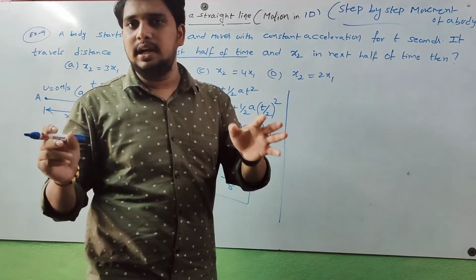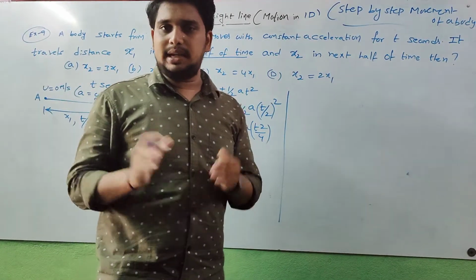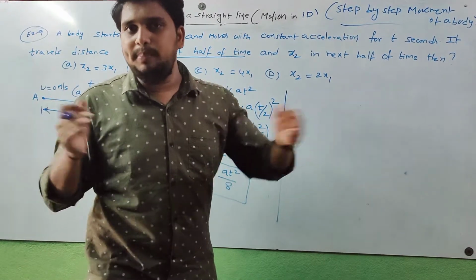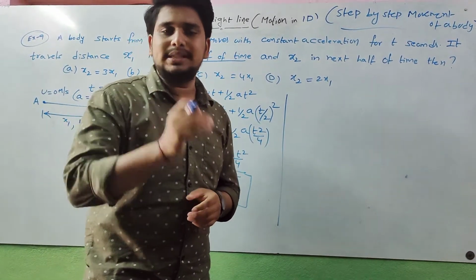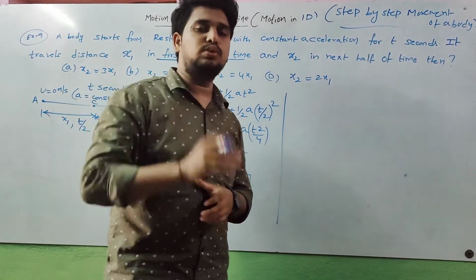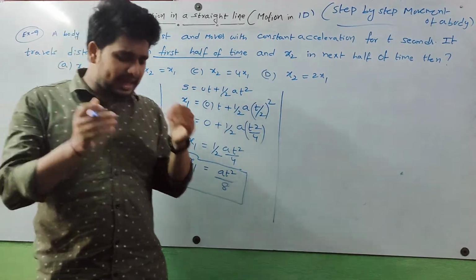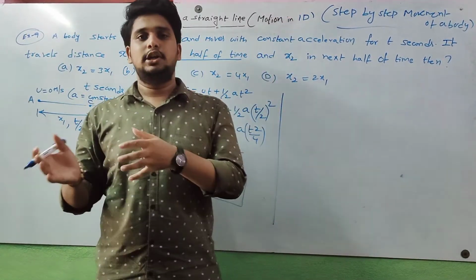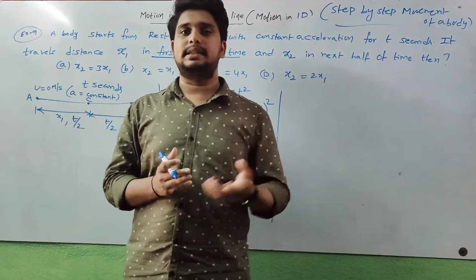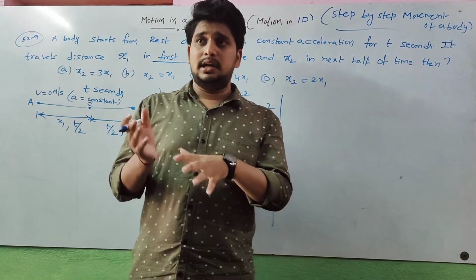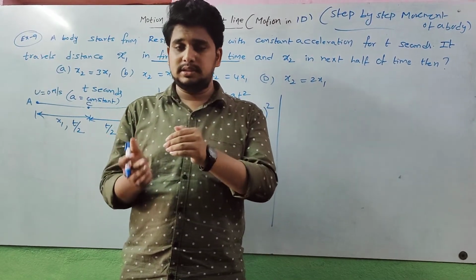That means from A to B, I'll consider here A is the starting point and B is the ending point. From A to B, the body moves in a two steps process. So like this, we are solving step by step problems, two steps movement problems. It is easy to find by applying the conditions one step at a time.